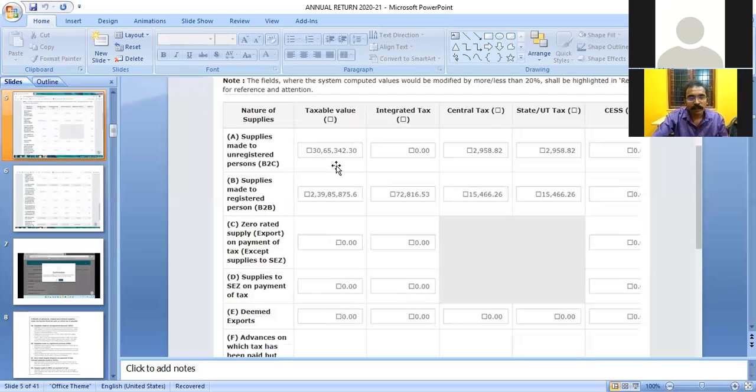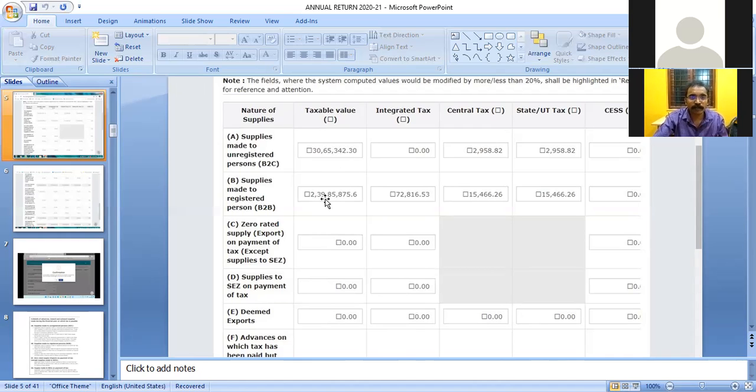If we miss uploading some invoices in GSTR1 but they are correctly considered in GSTR3B, or if some values are entered wrongly in GSTR1 but correctly considered in GSTR3B, or if we have shown the supplies as intrastate supply in GSTR1 but interstate in GSTR3B or vice versa, and the correct one is as per GSTR3B, then we have to adjust accordingly.